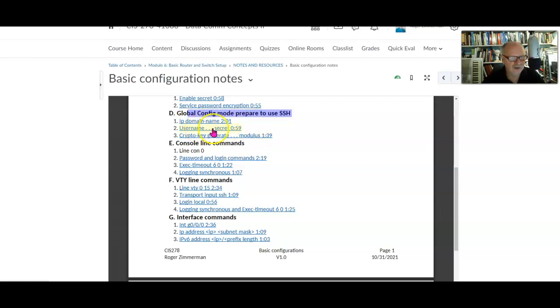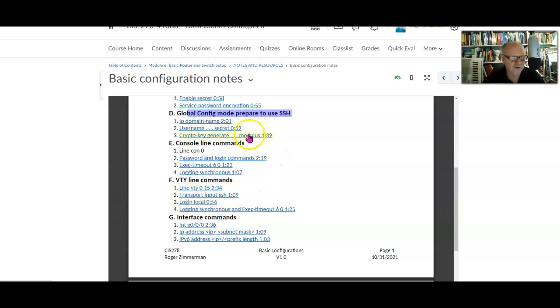We also need a username and an encrypted password. It's username, some username, then secret, and then some password. We also need to generate our keys for our RSA encryption. So these three things are done in global config mode. And then down in the VTY section, once we go into VTY mode, we need to do two things to make SSH happen: transport input SSH and login local.